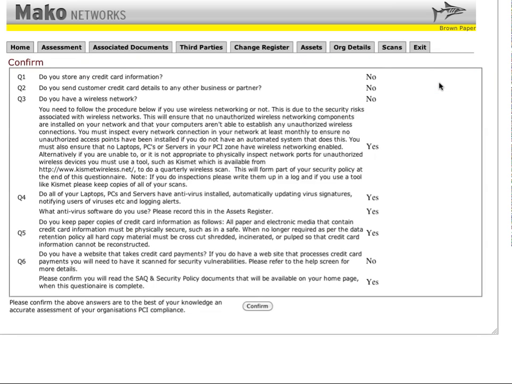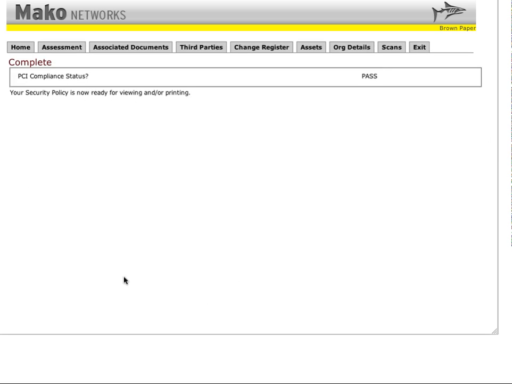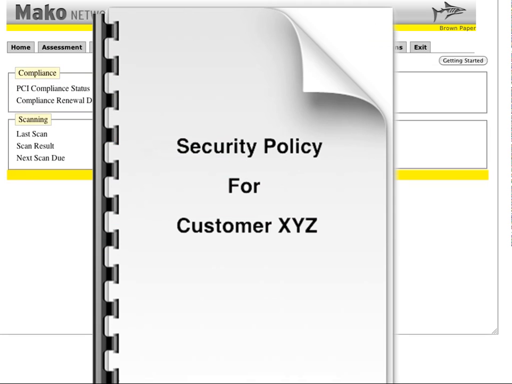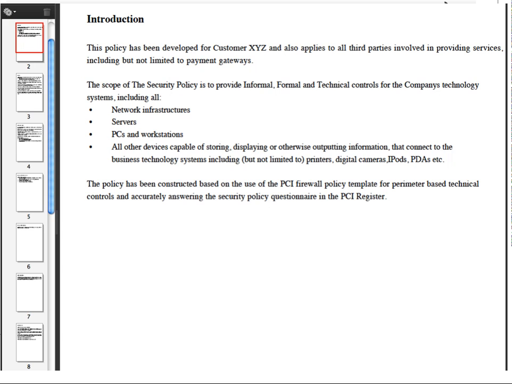Once all of the questions have been answered, the system will let the merchant know if they have passed or failed the compliance. In this example, the merchant has successfully passed compliance. Heading back to the main page of the Documentation tab gives a dashboard view, clearly showing that an assessment has been completed and passed. At this point, the merchant can review their security policy document, which they must read and